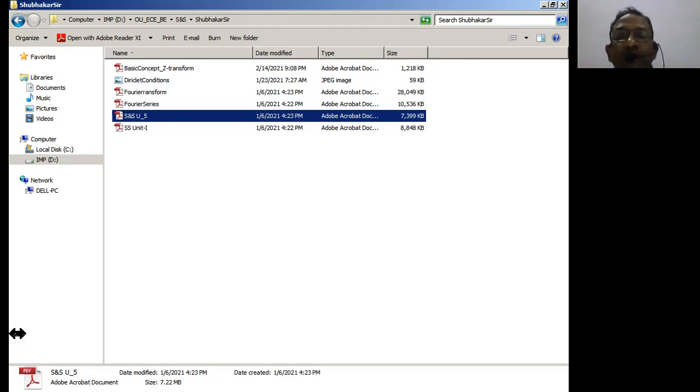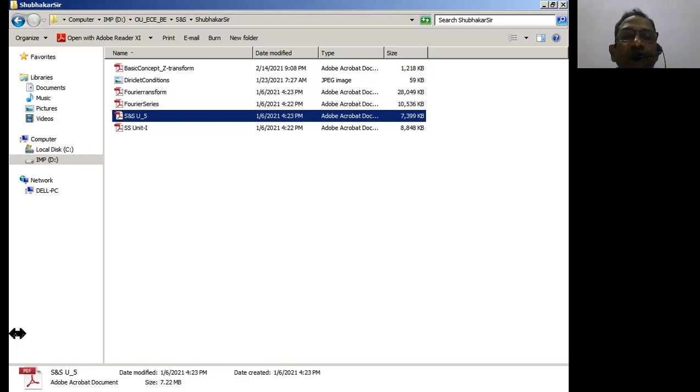So ramp signal means what? A continuous ramp signal is going to vary with respect to time. So here also, unit ramp sequence means it is continuously going to increase or vary with respect to n. Therefore, I can write the unit ramp sequence as r of n equal to n into u of n. So the general form of the ramp signal is going to be the sum of r of n into z to the power minus n, where n takes values from minus infinity to plus infinity.